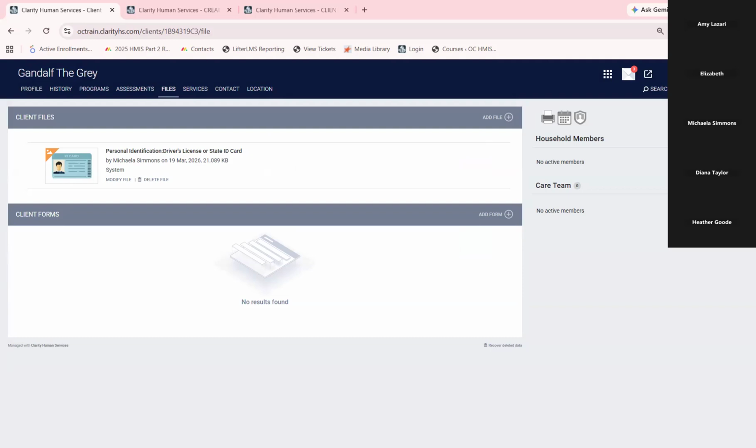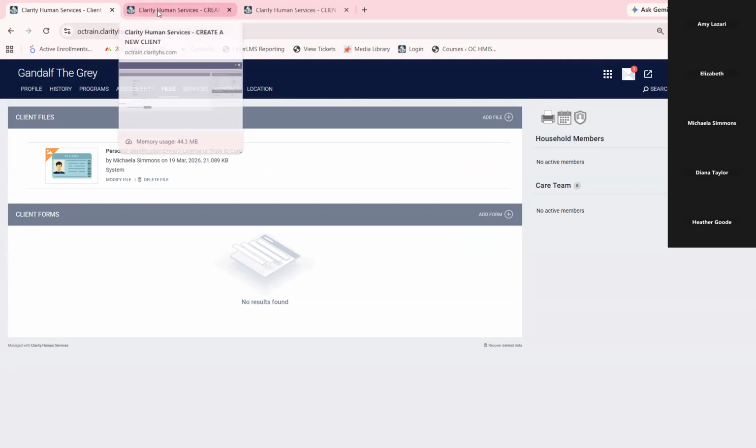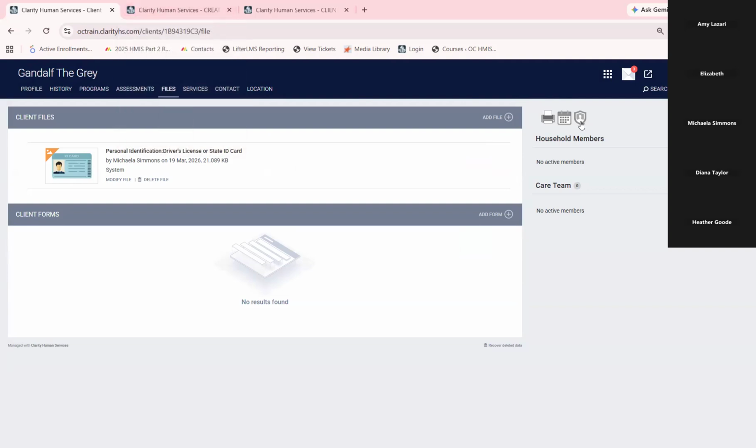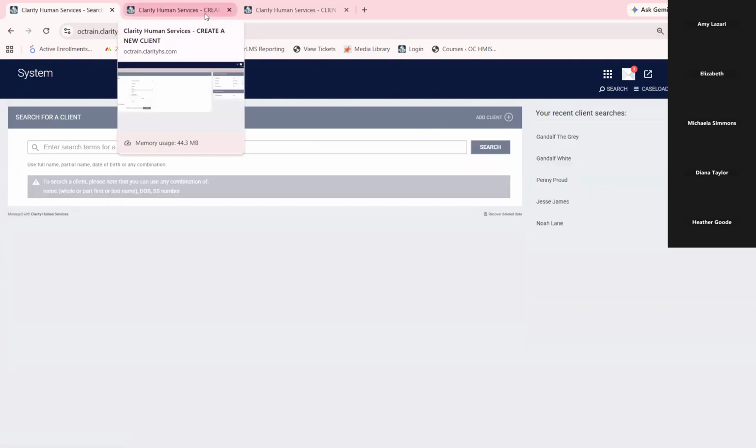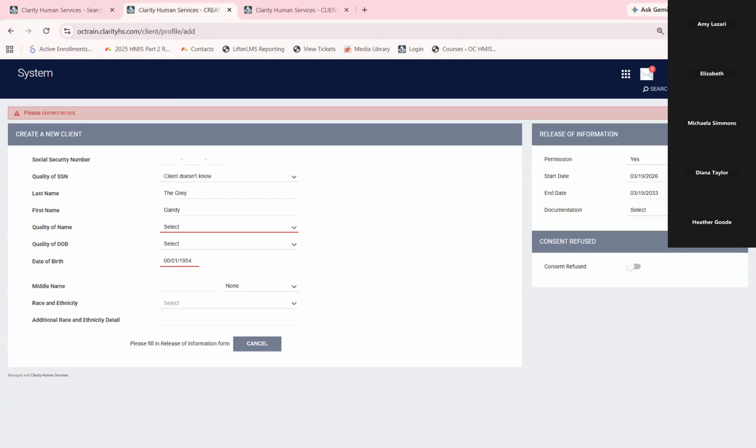If you are unable to find your client and you need to create a new client profile, you can go ahead and create a new profile, selecting Add a New Client. I have already pre-filled some of the information for our training. Just to review different scenarios, a key reminder is that users will be required to enter their first and last name and select the appropriate